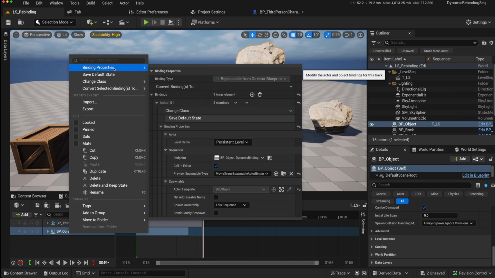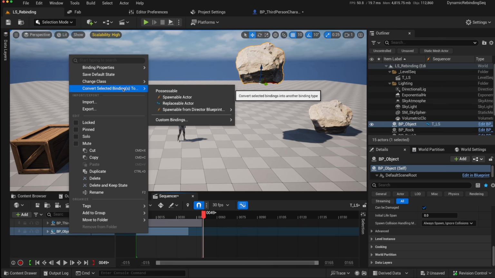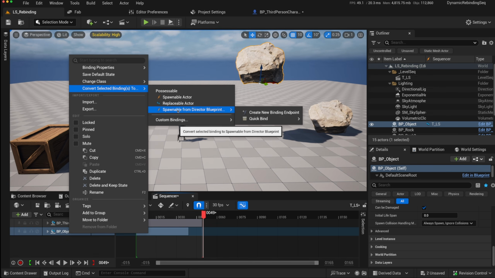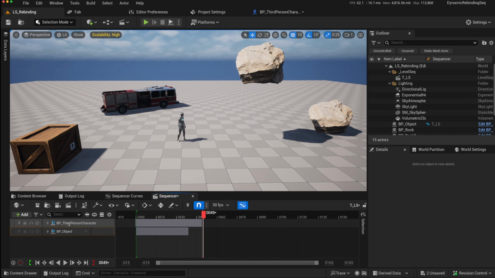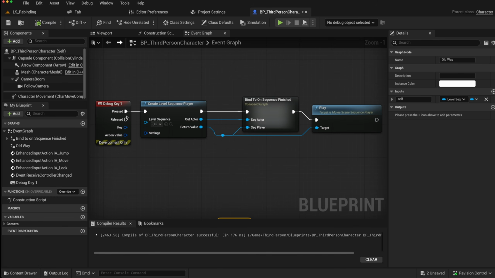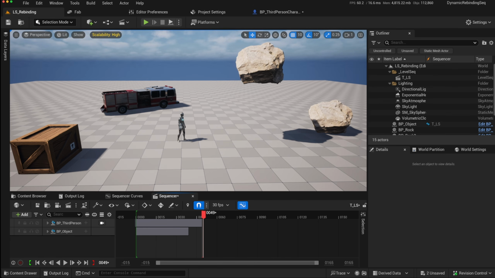So by default, this one has a replaceable binding property. There are other options available like possessable, spawnable from director blueprint, and so on. And it's just a simple sequencer. And the way that it is triggered is that I press a key, it creates a level sequence, and it plays it. And basically, whatever the actor is looking at, whichever other actor, it will play the level sequence on